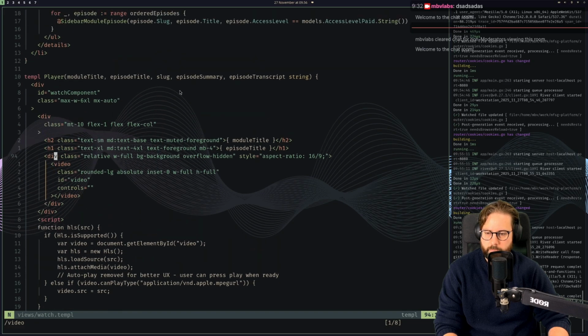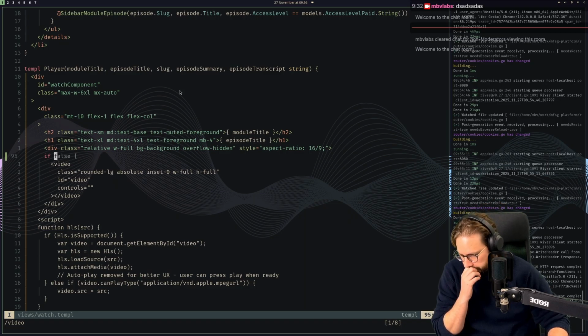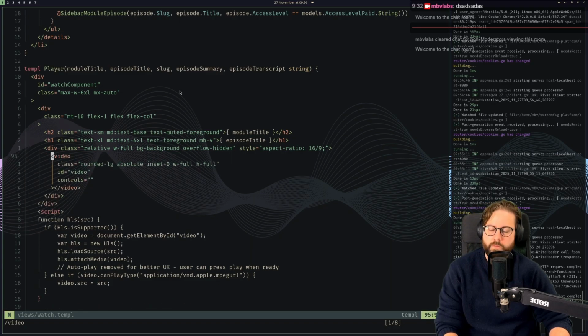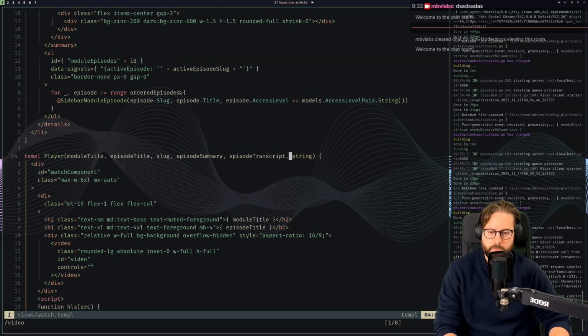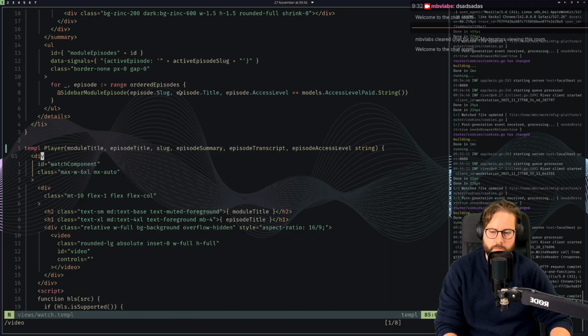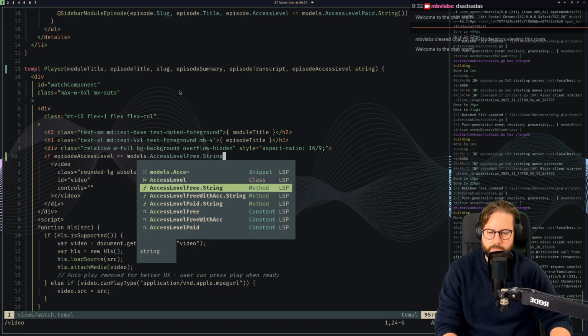And something like if I do if locked, if we do something like episode access level and do if episode access level equals models access free